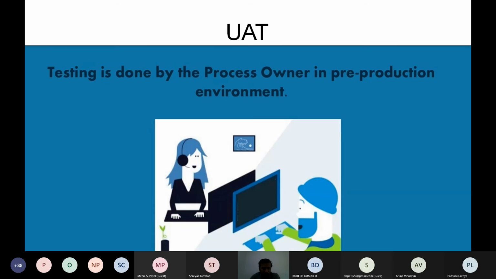In user acceptance testing, what we do is give the bot to the user, to the owner, to the client, in the pre-production environment. They will be asked to check the bot we have designed with sample data sets, because we are dealing with a healthcare project. With healthcare, they have a huge amount of data, and we design the bot and give it to them to check with the sample data.